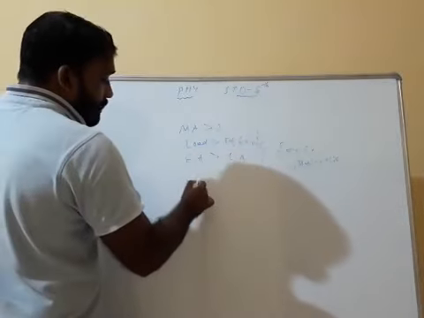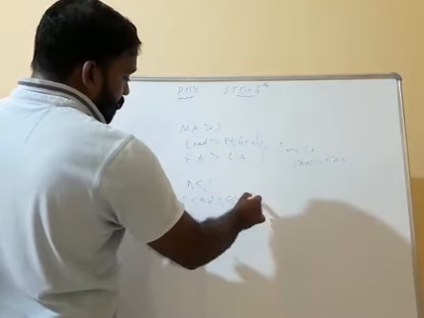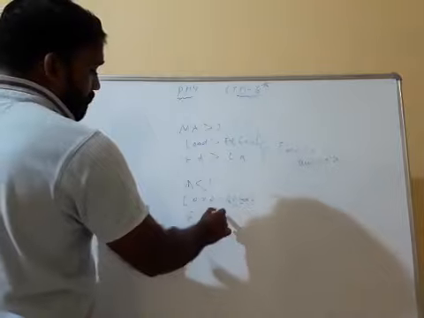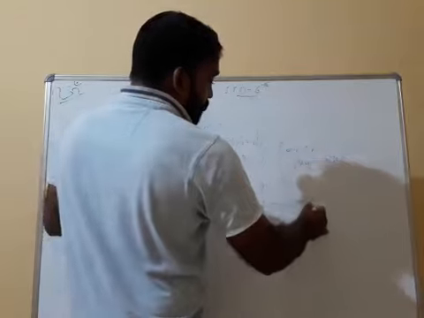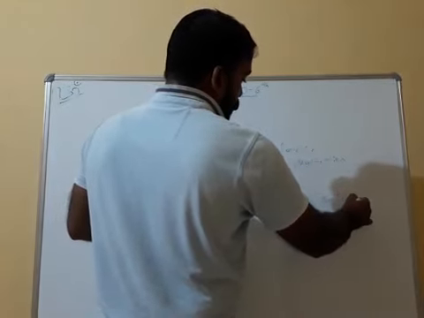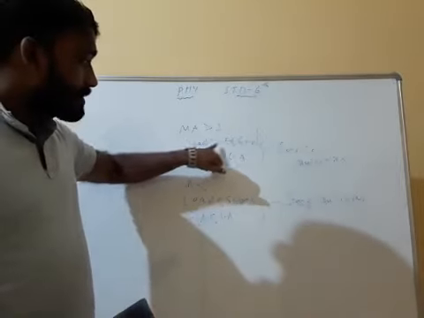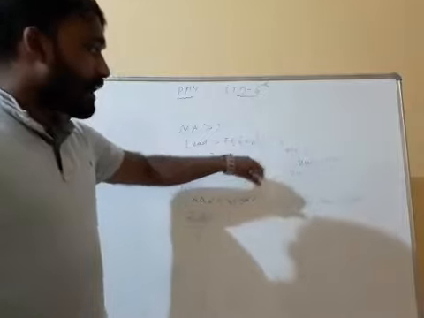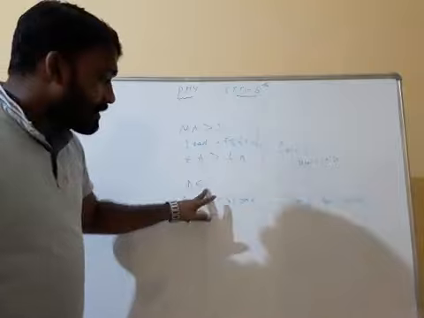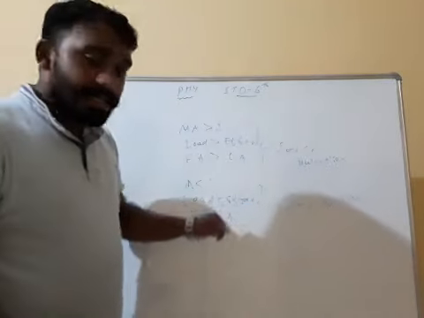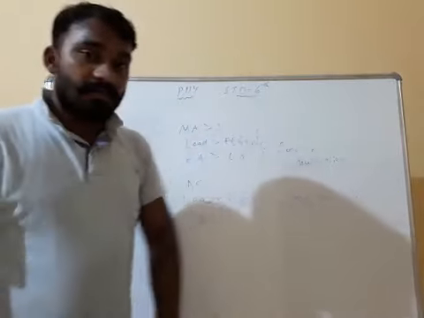Another one. If mechanical advantage is less than 1, it means load is less than effort, and effort arm is lower than load arm, that acts as a speed multiplier. It means when mechanical advantage is greater than 1, load is greater than effort, effort arm is greater than load arm, then it acts as a force multiplier. Whereas if mechanical advantage is less than 1, load is less than effort, effort arm is less than load arm, then it acts as a speed multiplier.